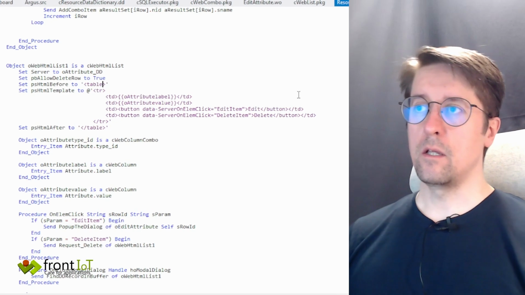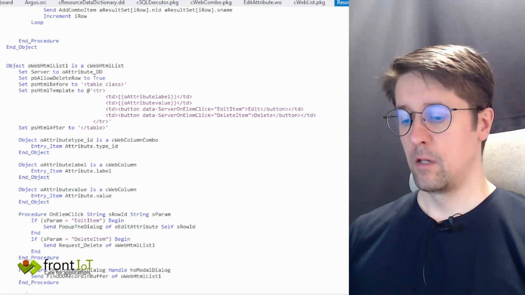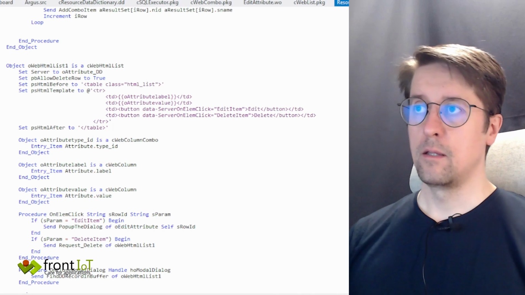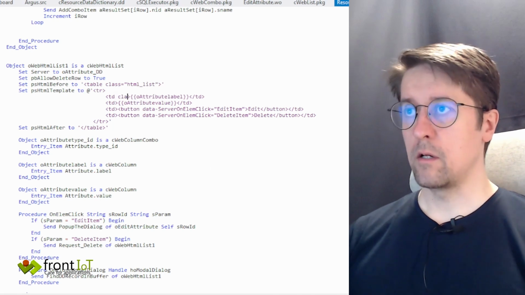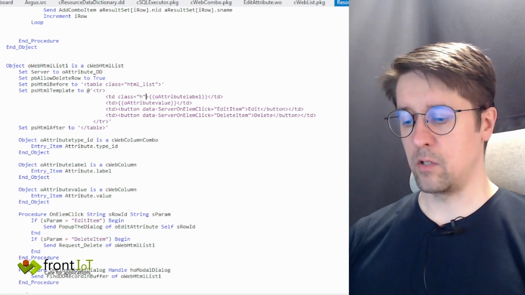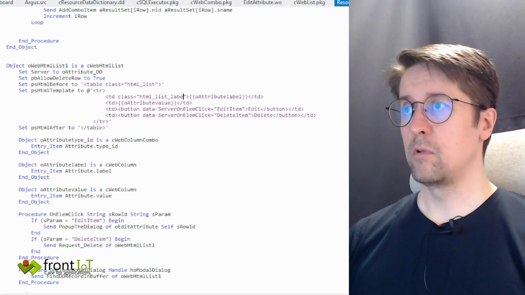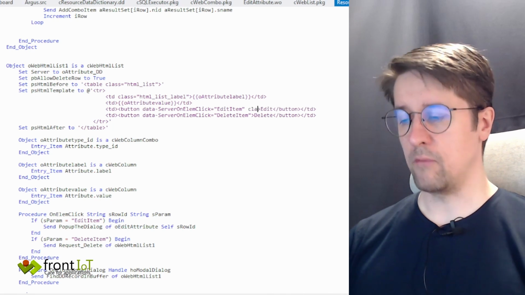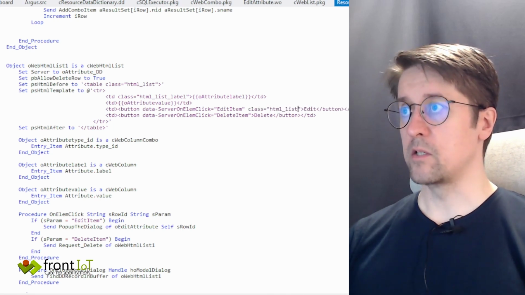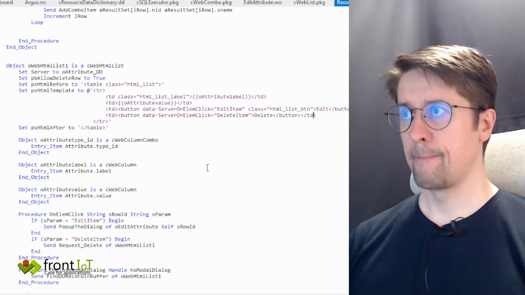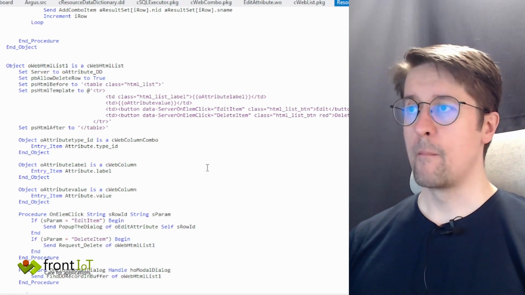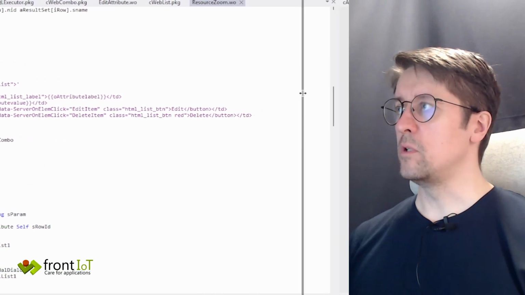For instance, the table. I'm just going to type HTML list class, HTML list label for the label, and then these buttons I would like to have a class called HTML list btn, and the same for the delete one, except this one also should have the class red. Now let's go over to the CSS,